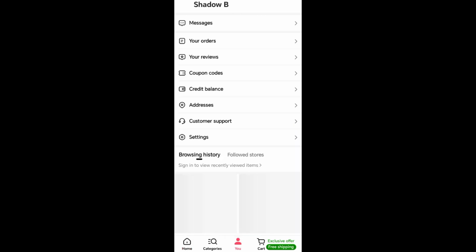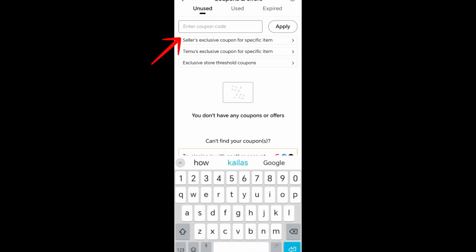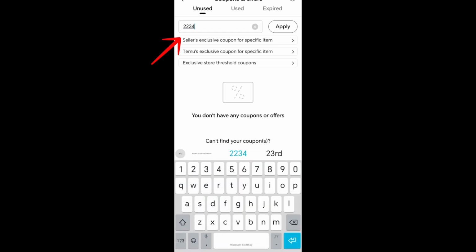So basically in other Temu features or applications, you can see different options, but here what you're going to do is tap on coupon code. It will take you directly to this where all you have to do is to enter the coupon code. So once you have entered the coupon code into this field, what you're going to do next is to click